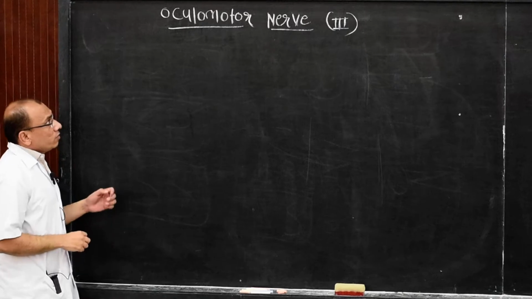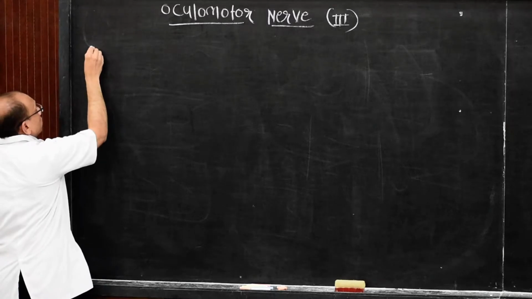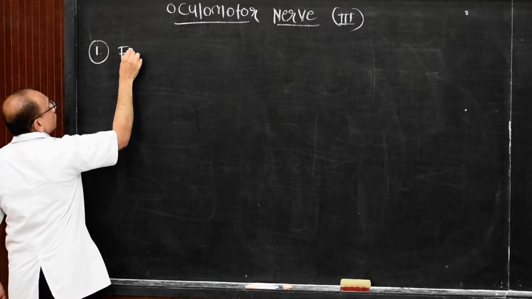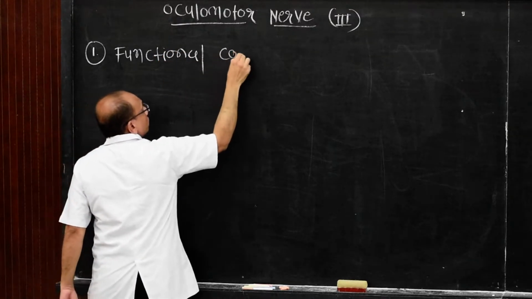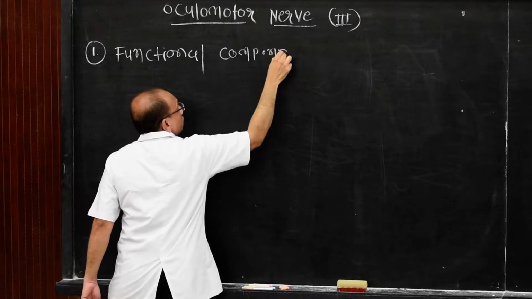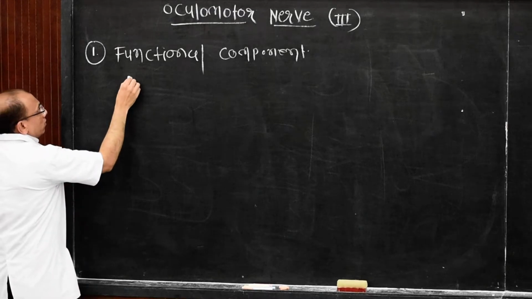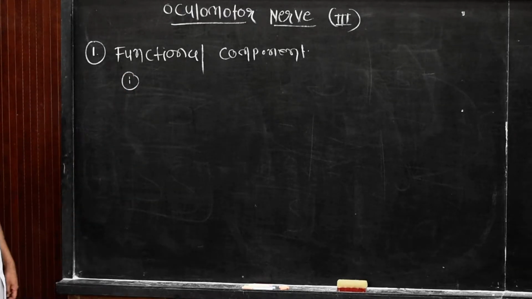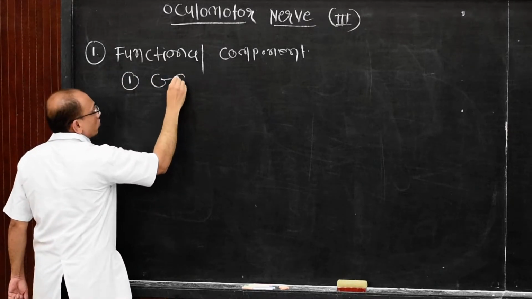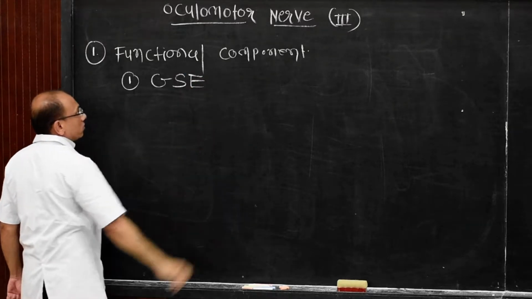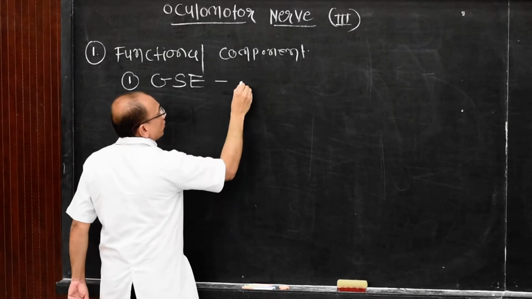And different points will be discussed according to this. First one is functional component. The oculomotor nerve has a number of fibers which contain different functional components. The first one is the central somatic efferent component. The central somatic efferent component supplies the extraocular muscles of the eyeball,